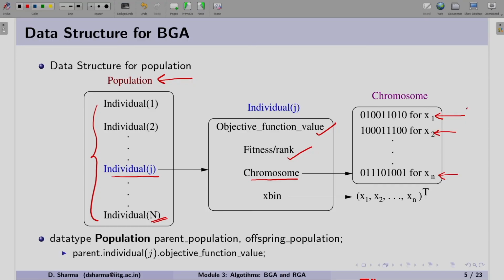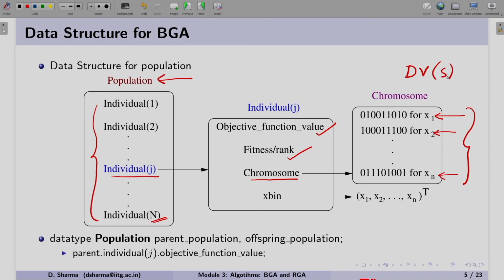So if we put together all of them, then we get a chromosome. This chromosome we have to store for every individual. As we know, this particular string will give me the decoded value of the string, which we write as DVS.